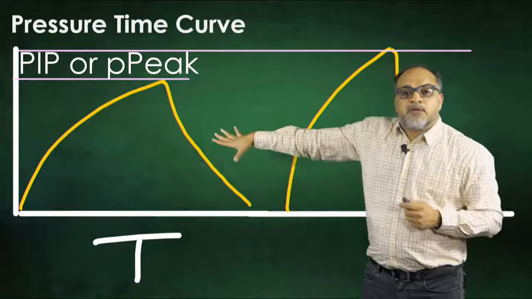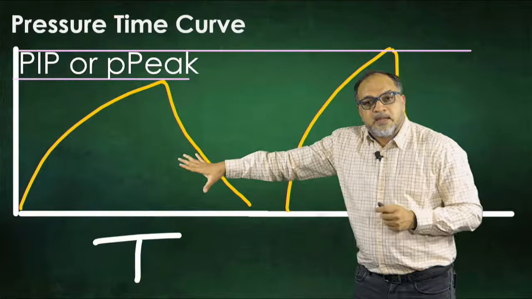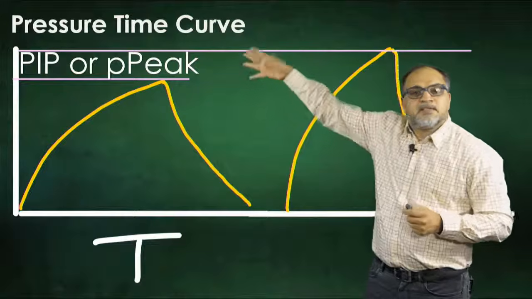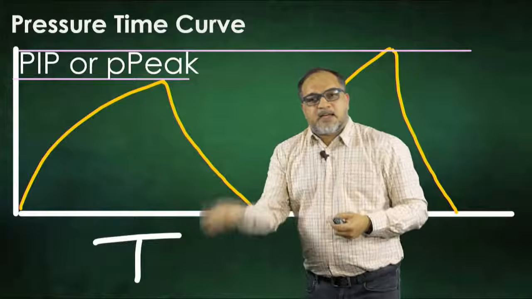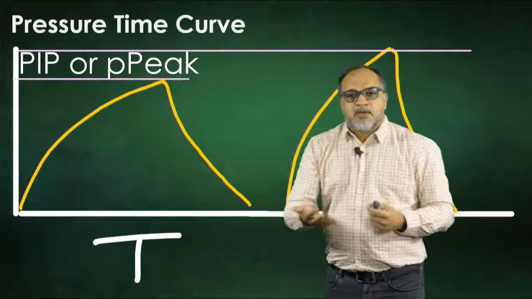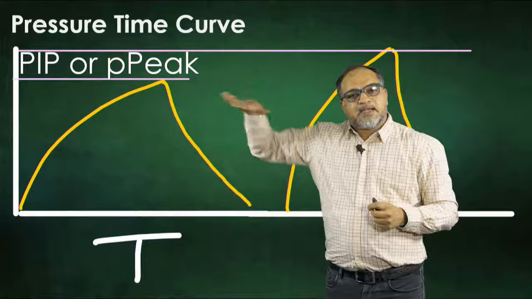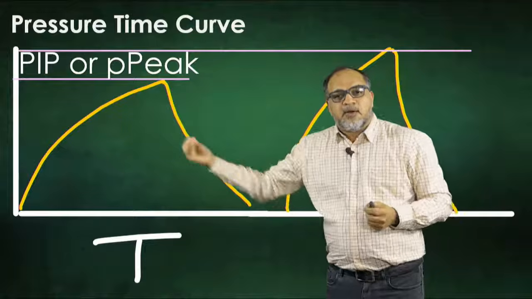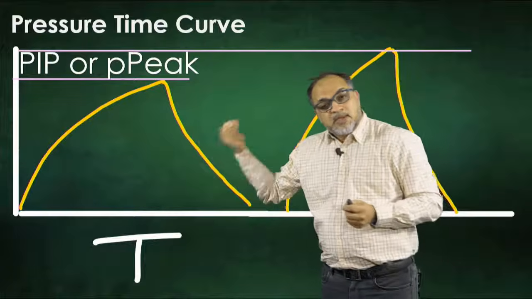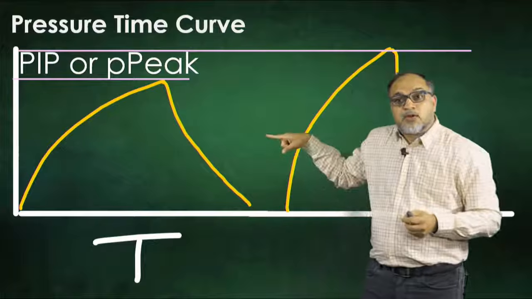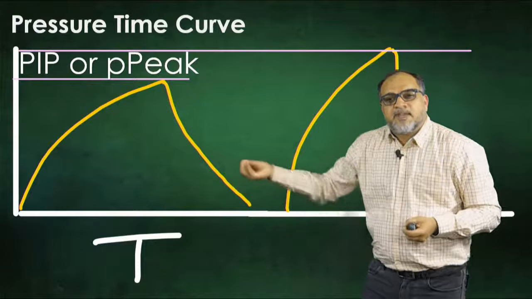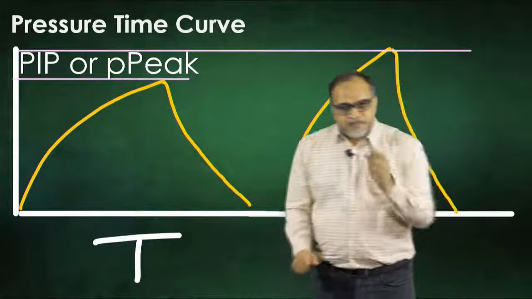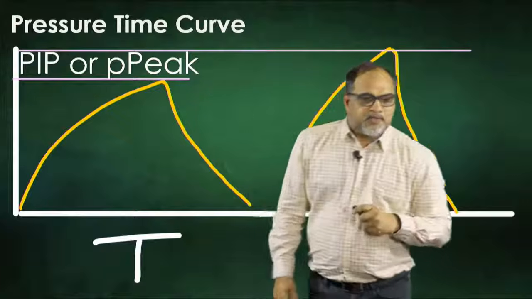This is volume control. The volume is guaranteed, but the pressure it will take to rise is not in my hands. And vice versa. If the same patient was on pressure control, I would keep the pressure target as 30. In the first scenario, it will give 500 tidal volume. In the second scenario, the pressure will not go above 30, but the tidal volume will be like 300, 350, 400, not more than that. Got it? Let's go forward.